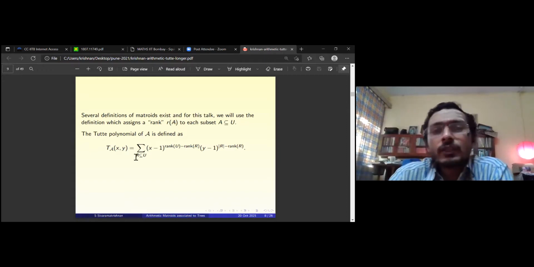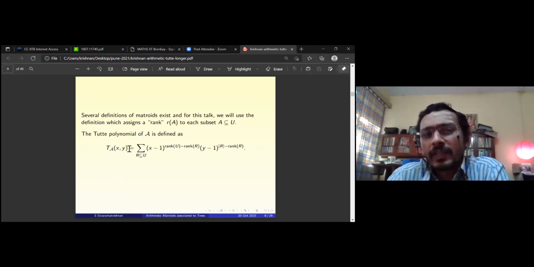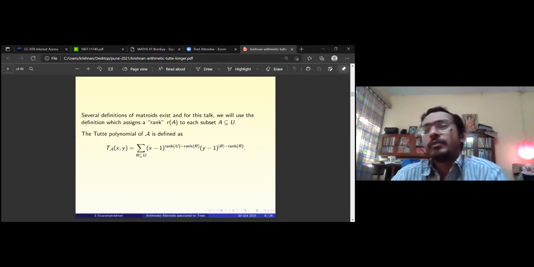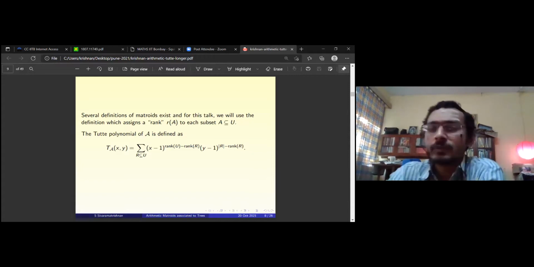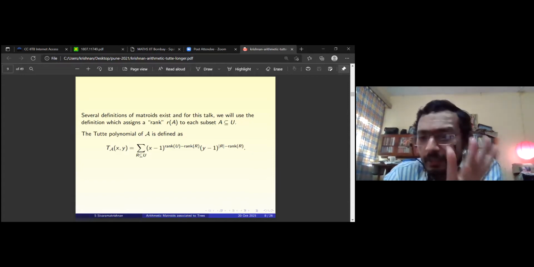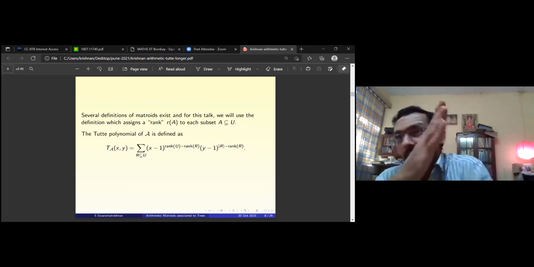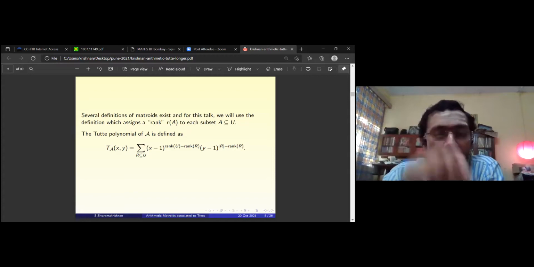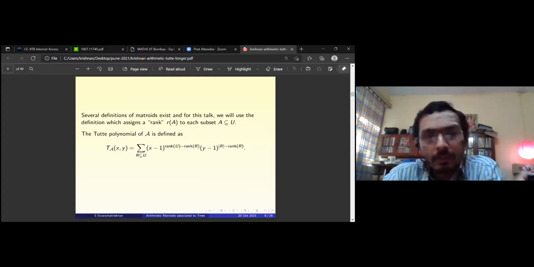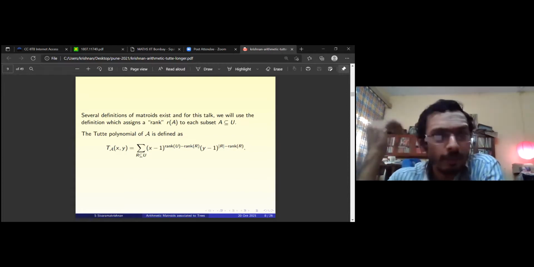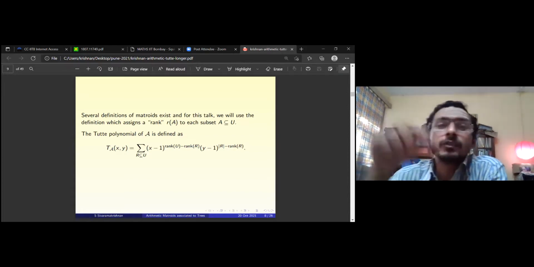So this definition of rank gives the Tutte polynomial, this bivariate polynomial in x, y: the sum over all R subset of U of (x minus 1) to the power rank of U minus rank of R, times (y minus 1) to the power mod R minus rank of R. This is one definition of the Tutte polynomial. I've been saying that the Tutte polynomial is very important. It is used to find, let's say, the number of regions in a hyperplane arrangement, which can be found by plugging in values for x and y in the Tutte polynomial. There are quite a few things you can do, and Brylawski's survey gives you about 40 good applications for this Tutte polynomial.